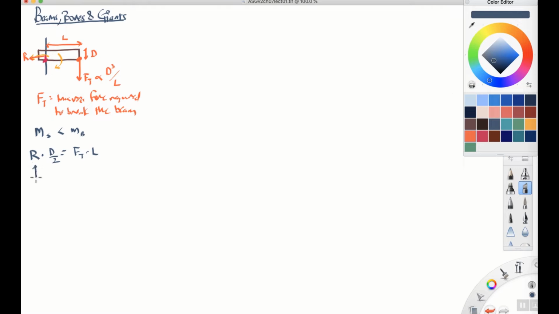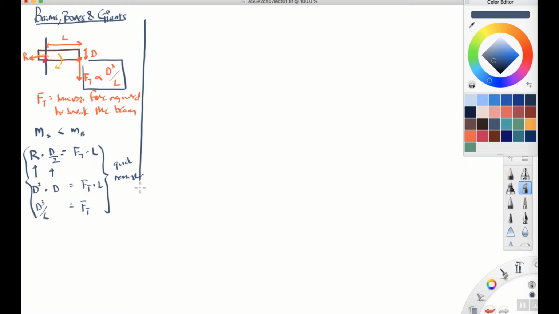And then you might remember that this longitudinal resistance was proportional to the square of the diameter, or the area, and so we get 2 factors of diameter that come in there, and 1 factor of diameter that comes in here. And if we relate these, this is where we get that the transverse force it takes goes as d cubed over L. So this is just a quick reminder. You might want to go back and look at this derivation, but this is a quick aside of where we found this formula right here. Okay, so that's by way of review